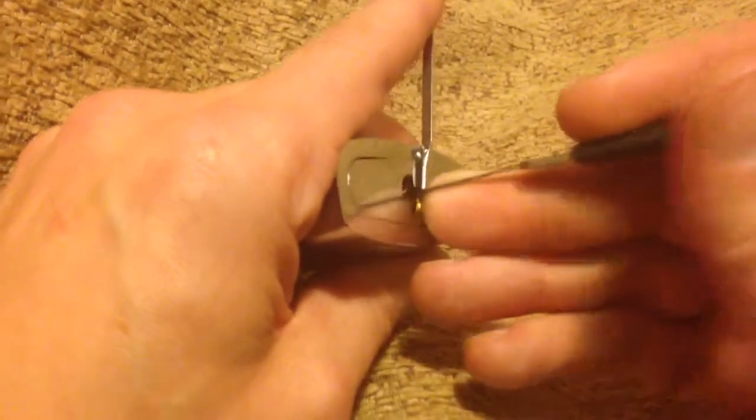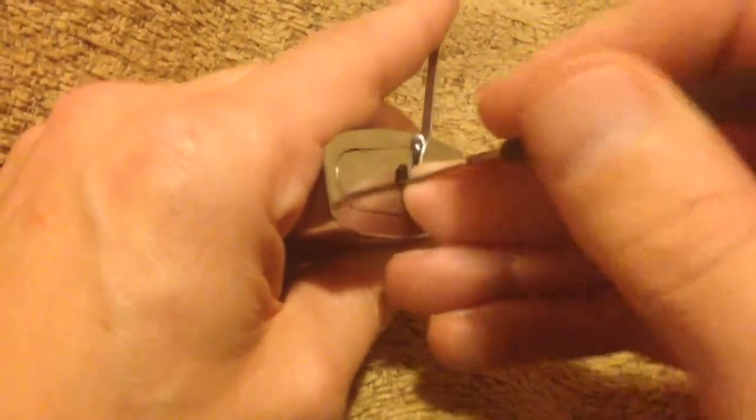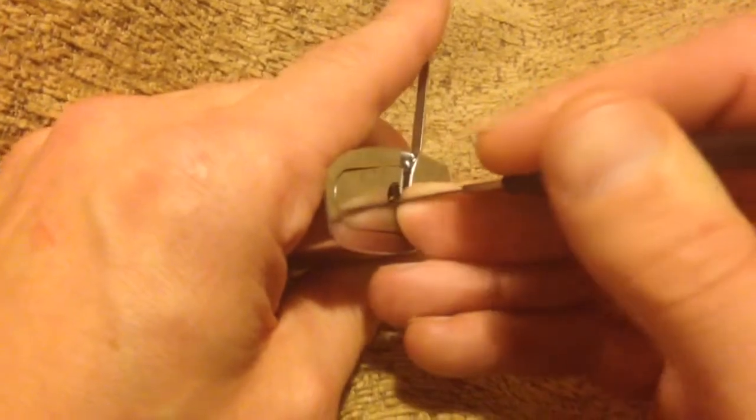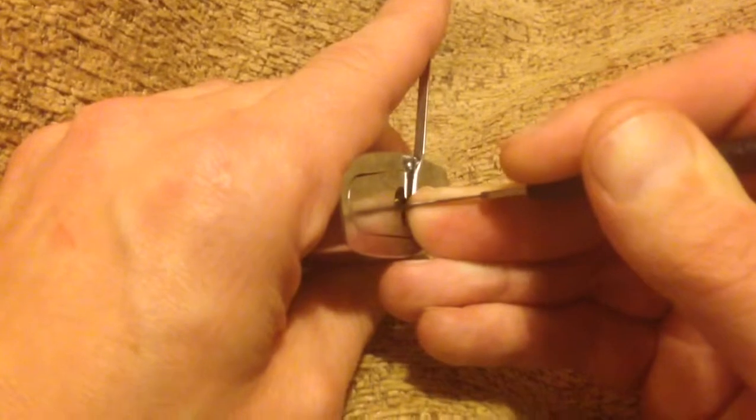Pin 3, pin 2, pin 6, hard to get to, that other